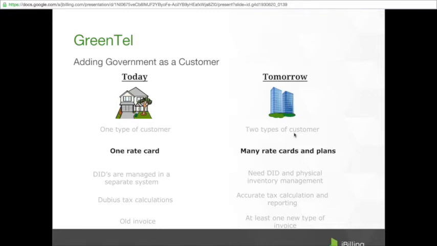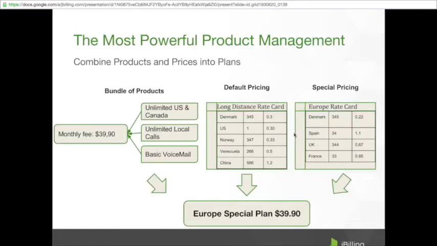The product management, it's where jBilling really shines, I would say, and certainly where we made the most improvements compared to jBilling 3. Greentel needs to have more rate cards, more plans, and the way jBilling 4 does it, and this is just a very simplified view of it, is first of all we make a bundle of products. The products are defined with their own pricing, like unlimited US and Canada calls or unlimited local calls. Now, we can group those three into one small bundle that has a monthly fee of